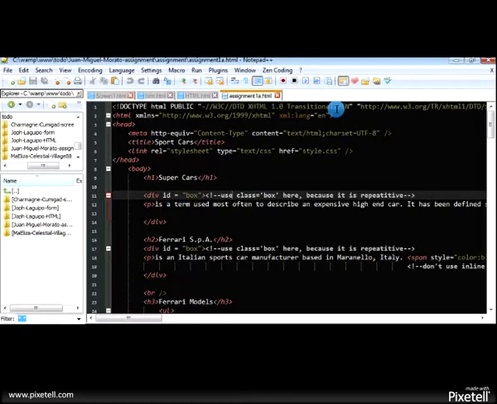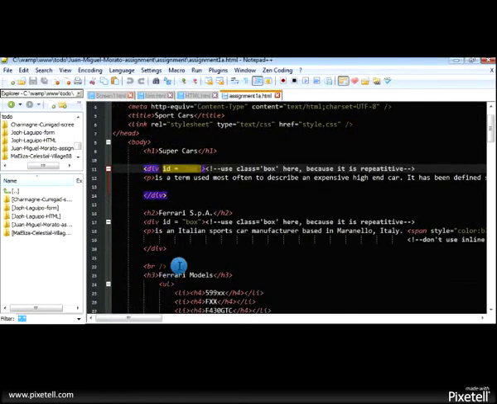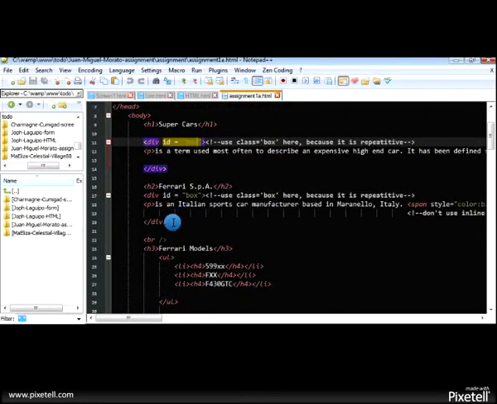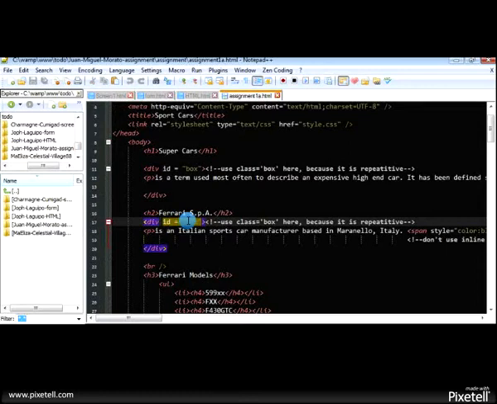Here you've used div id box. I've seen in the next div element that you also use div id box. ID and class are different.